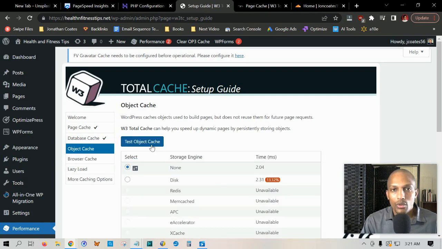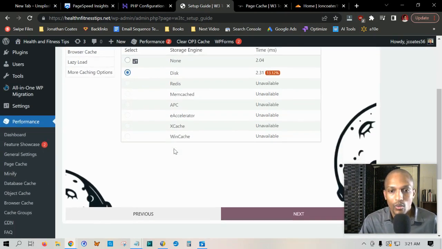Now, once we're done going through this, I'm going to show you the dashboard, and we're just going to go through these settings one more time. And then there's a little bit more stuff that we need to get into. There's a little more detail, but once we're done, it's going to dramatically improve the performance of your website. So I know it's really technical, but just stick with it. You'll be glad you did. So for the same one here, we're going to click on disk, and then we're going to scroll down